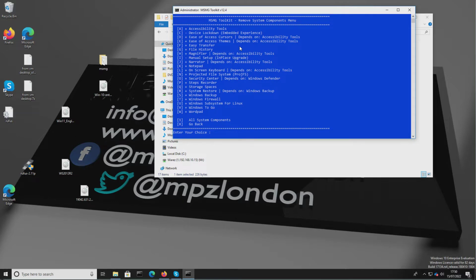Notepad on screen, projected file system sounds like a waste of time. Yeah, keep the security center because Windows Defender is a free antivirus, so you might as well keep that. Okay, storage spaces, no one seems to care about that. Yeah, you want to keep system restore in case your system crashes, and the backup firewall and the subsystem, and I think Windows To Go is to do with booting from a USB, so that can all come in handy. So if you do X to go back,